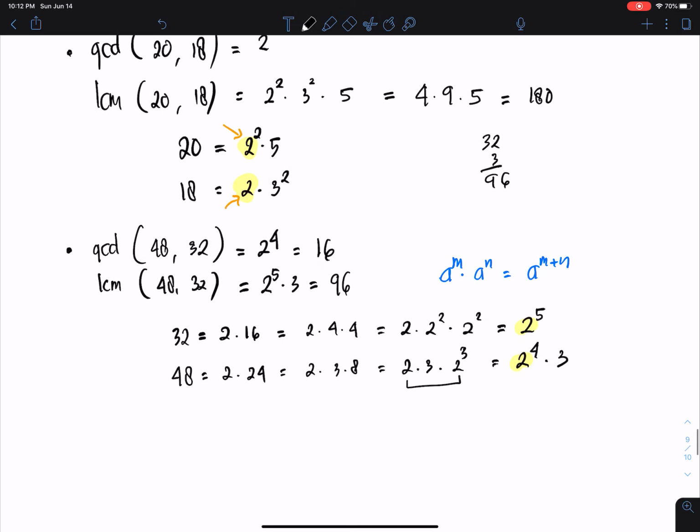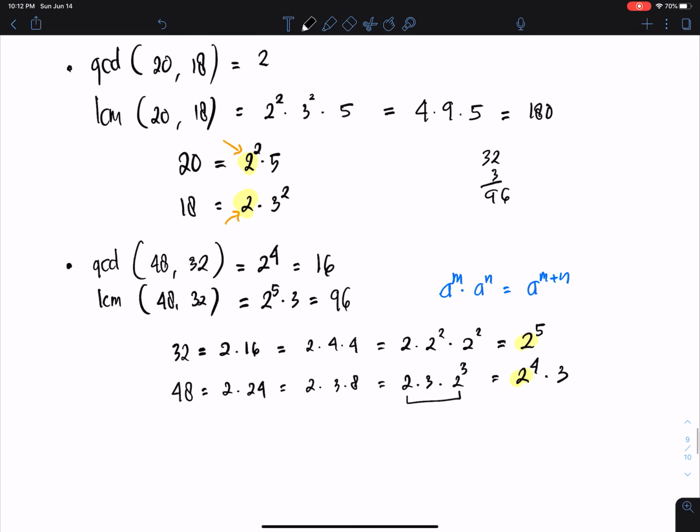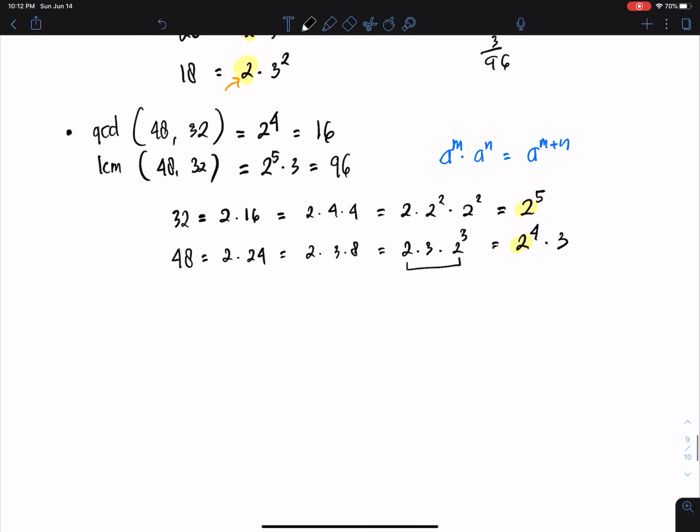Okay, so it takes time if we use this prime factorization method to determine the GCD and the LCM. Again, imagine if we want the GCD between 1024 and 564. Wow, what will be the GCD? That will be a lot of calculations if we try to find it using the prime factorizations here.